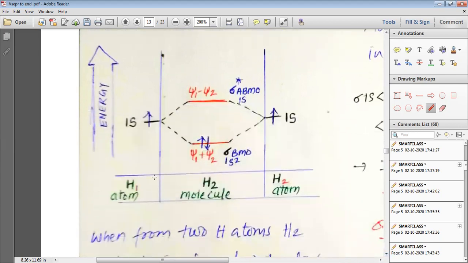with the figure. You can see here that as you move up, the energy increases. We have the 1s orbital at this energy. The same energy 1s orbital is there. This is the 1s orbital of H1 atom. This is the 1s orbital of H2 atom. Due to psi 1 plus psi 2, we have sigma BMO formed. This sigma BMO is the sigma bonding molecular orbital. This is known as sigma 1s2. We call this molecular orbital